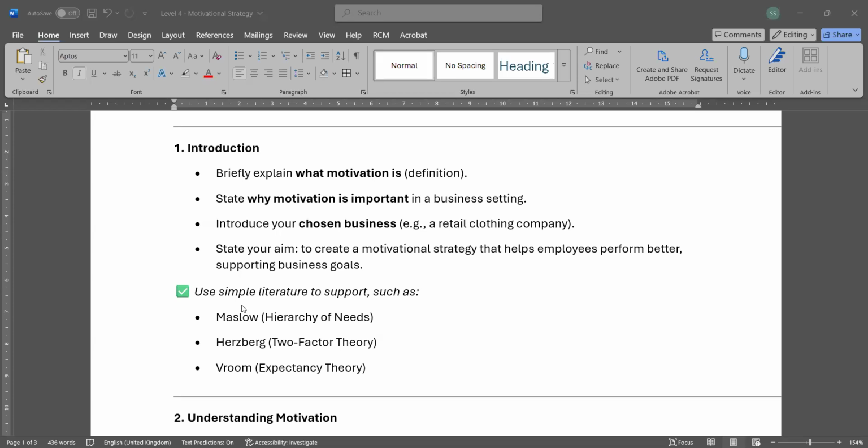Just bear in mind, when I give you the assignment structure, the rest is up to you. You have the freedom to design your assignment structure, how you want to structure it, and the word limits, how many words you want to use and in which part. You can do it that way.